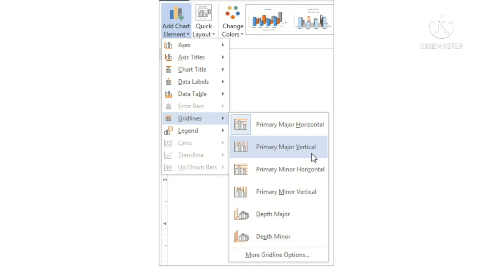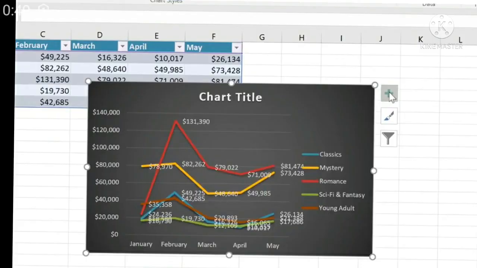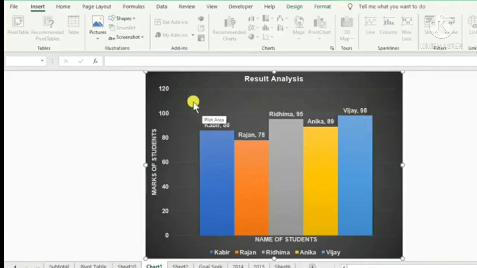So is it easy, children? For adding all these chart elements, you can either use the Add Chart Element button, or you can use the Chart Elements button at the right side of the chart displayed. That's how you add different kinds of chart elements to your chart, and I hope it's clear to you. Children, try to create a chart and add these chart elements into it, so that it will be more clear to you.